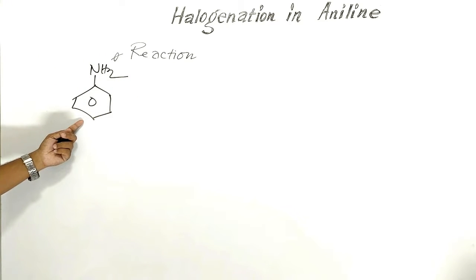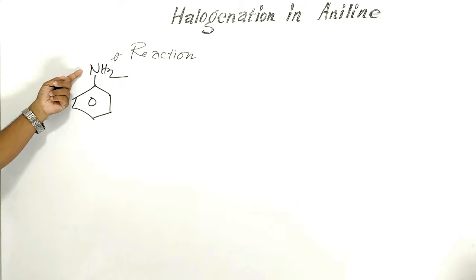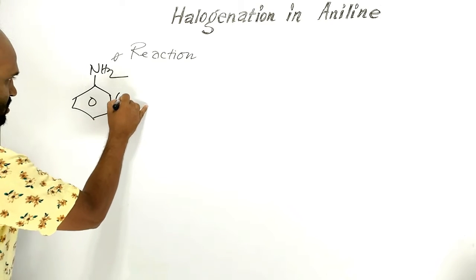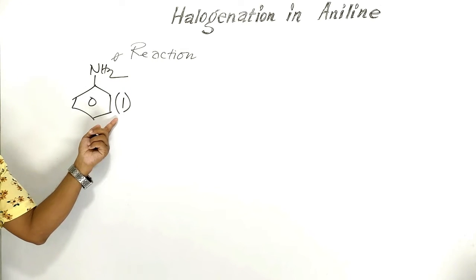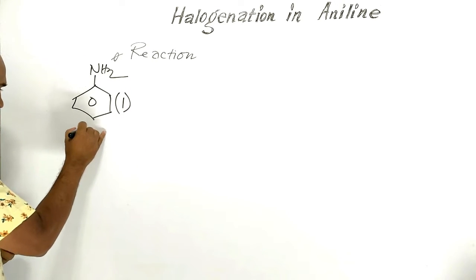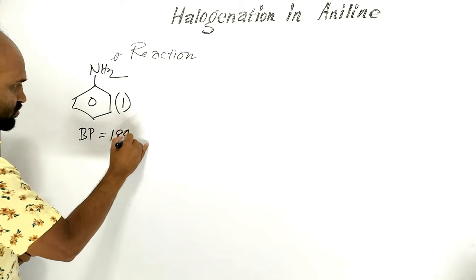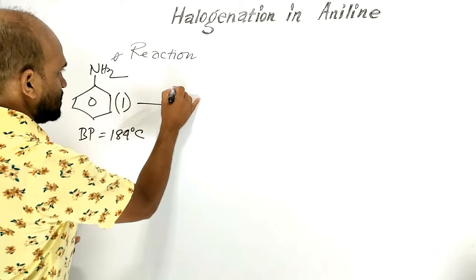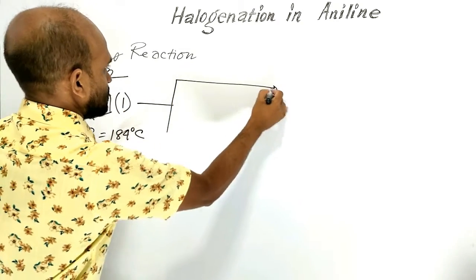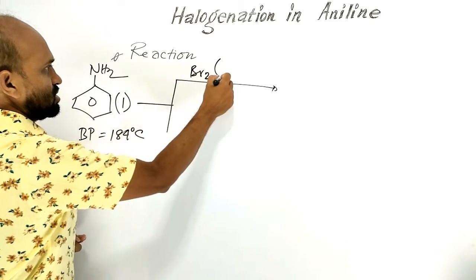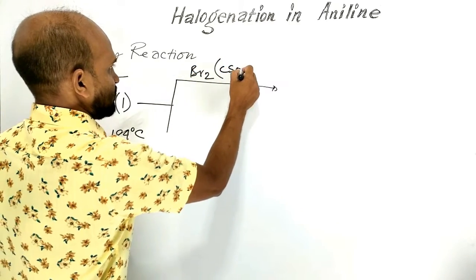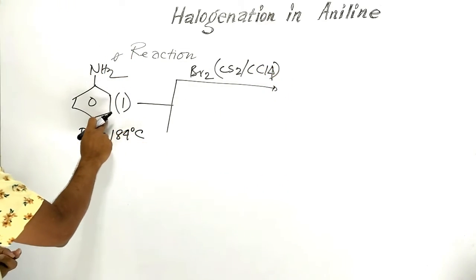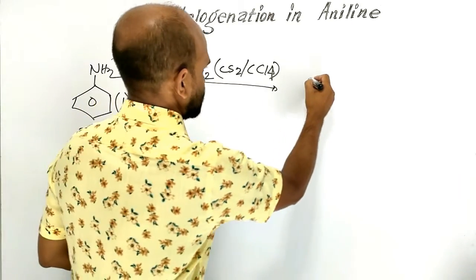This is aniline or aminobenzene. This is also called phenylamine, which is a colorless oily liquid. Its boiling point is around 184 degrees Celsius. When aniline is treated with bromine solution in carbon disulfide or carbon tetrachloride, then aniline forms